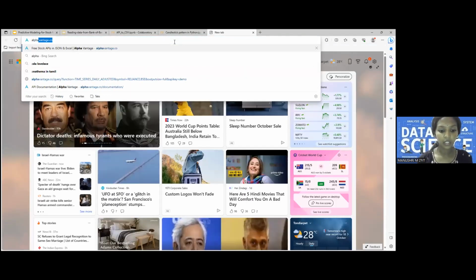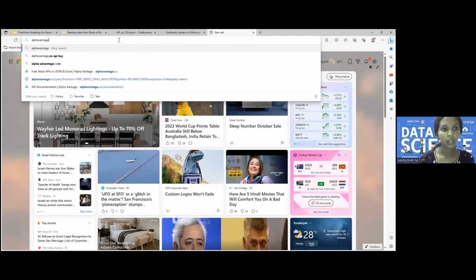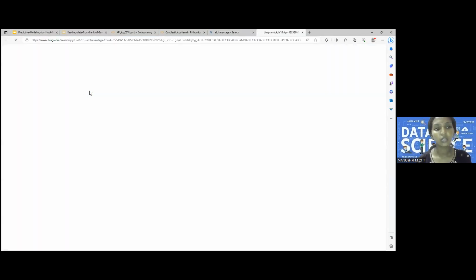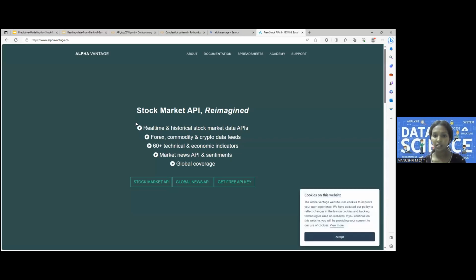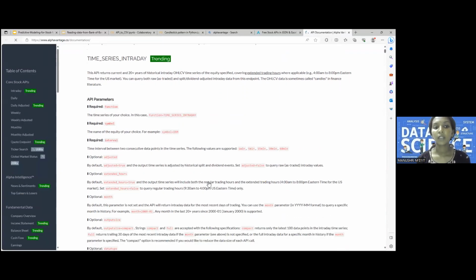Alpha Vantage was the website which was given to me, as mentioned in the task. So this is the Alpha Vantage. Alpha Vantage is a website where free stock market data are available, and also free stock market APIs. And from this Alpha Vantage, I've got the